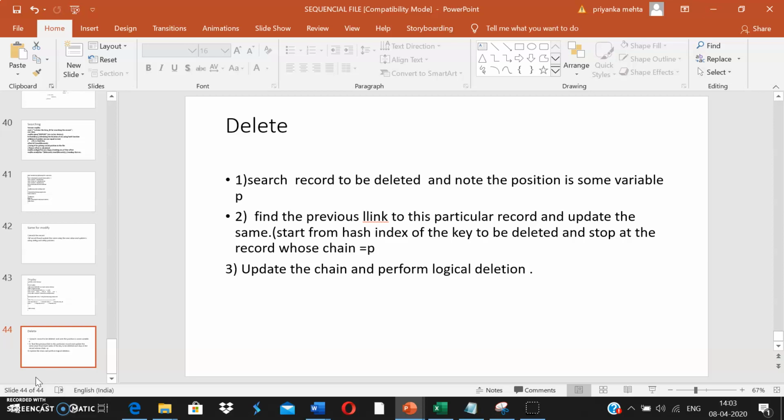So you have to start searching. You have to start from the hash index and search for the record whose chain is equal to this position P. If you found the record that has the chain of position P, you have to just update this link, right? And you have to update that particular record with its initial value.